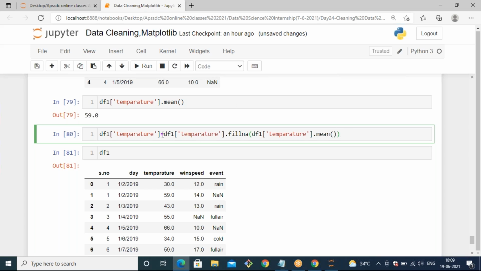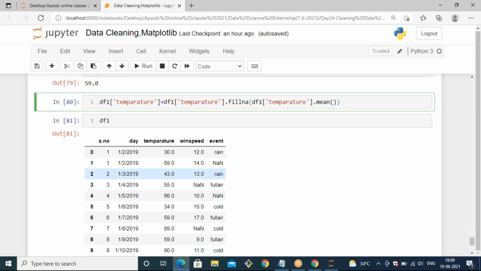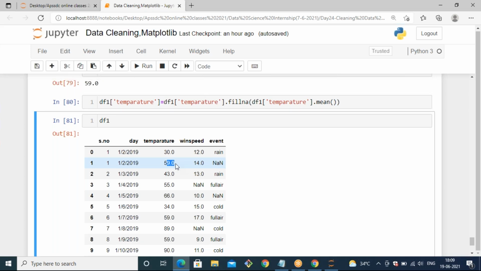So we are reflecting that change into the main column of the data frame, so that I can access it like df1 of temperature equals to; we need to access that column and fill the null values with the mean of it. That is the meaning of it here. At the initial time, it will calculate the mean of the temperature and fill the null values with the mean of it, in the place of temperature. And finally, the entire result is assigned, or reflected, into the main column. Now you can see the NaN values are filled with the mean of that particular column.